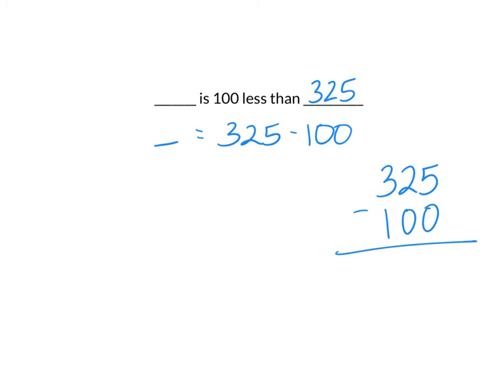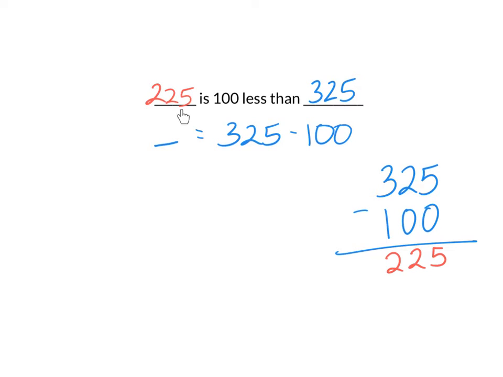And I would have to use the place value rules that we do. We start in the ones place and always subtract down. Okay, so this one I don't see that I have to do any regrouping because I'm only taking away 100 from 325. So let's see. 5 take away 0 is 5. 2 take away 0 is 2. And then 3 take away 1 is 2. So my answer is